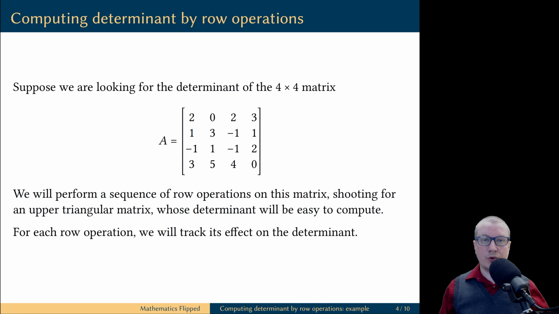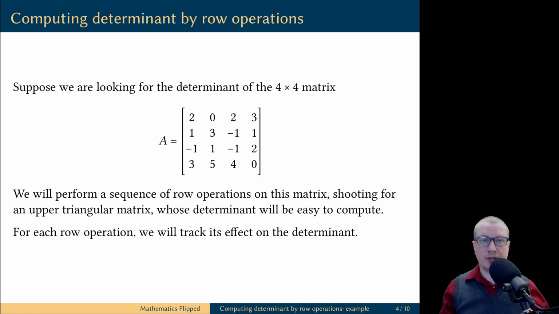We have this 4x4 matrix, and I will explain how to compute its determinant by first applying row operations to this matrix so that we reduce the matrix to the so-called upper triangular form. I will explain what this form looks like when we get to this part. We will apply one row operation at a time, and we will keep track of what happens to the determinant of the matrix A. To reduce this matrix to an upper triangular form, we will follow along the Gauss-Jordan elimination algorithm. This video explains how the algorithm works. Please check it out if you need a reminder on the Gaussian elimination.